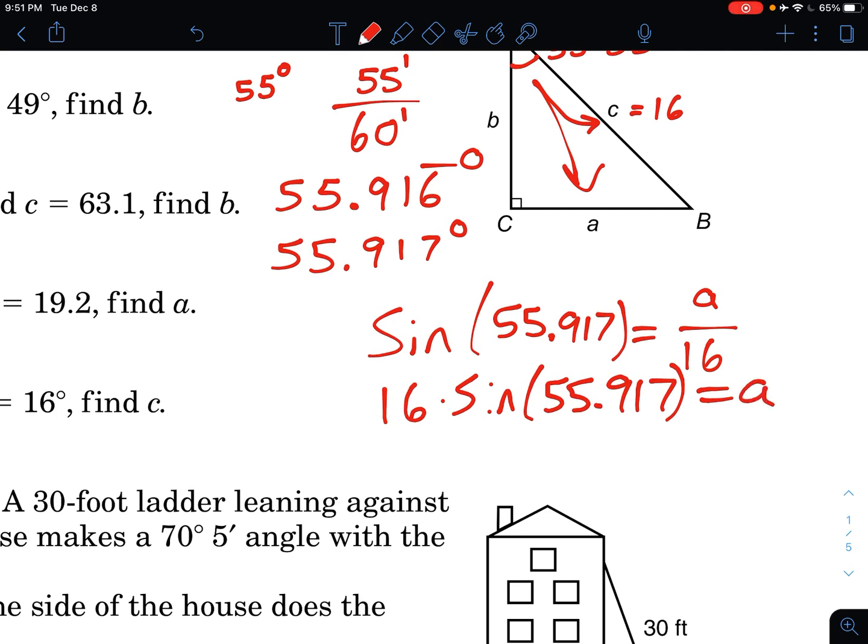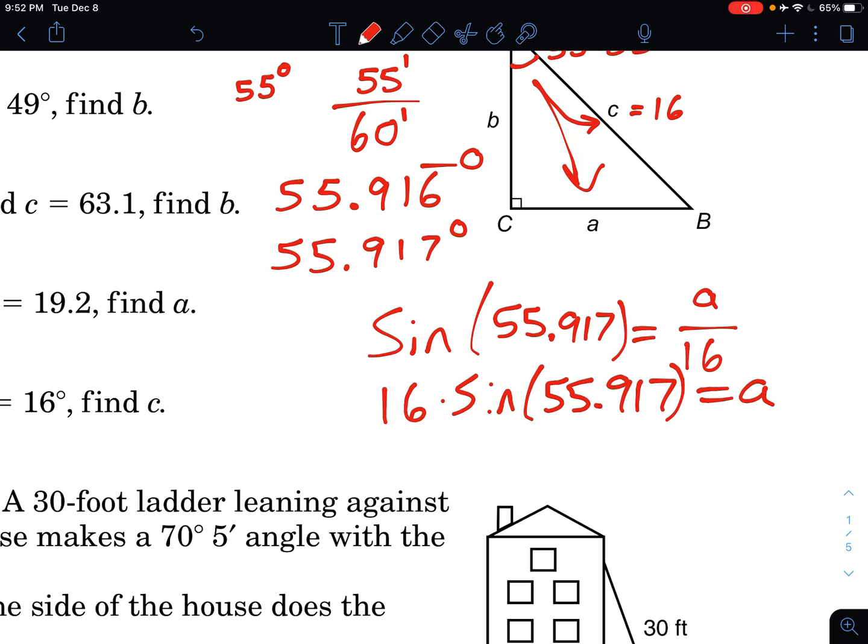Now you do need to put your calculator into degree mode for this to work. So whenever you're plugging in degrees for your angles, you do need to have it in degree mode. So we're going to type 16, and then you can just put sine. You don't even need the multiply button. You can just put 16 sine